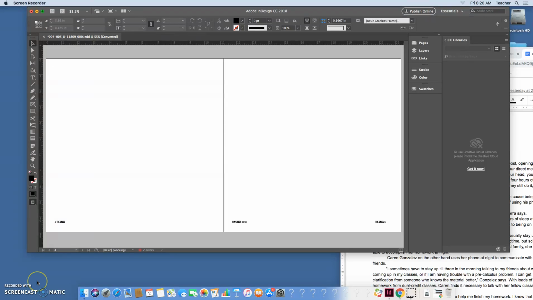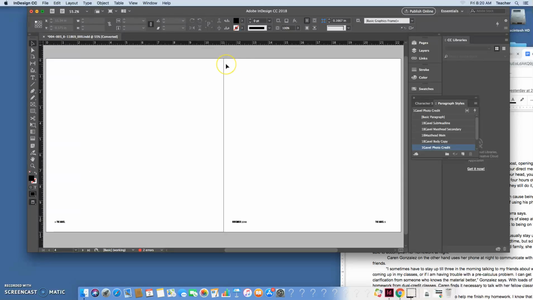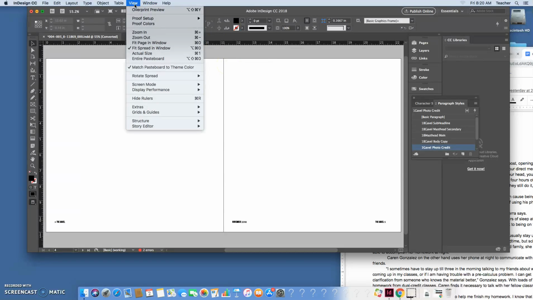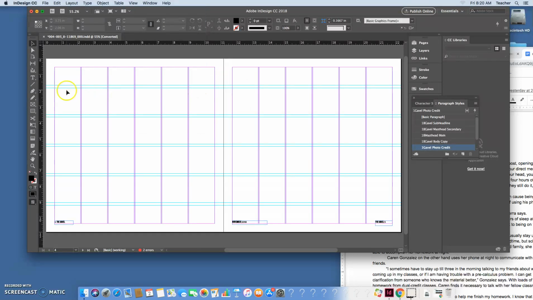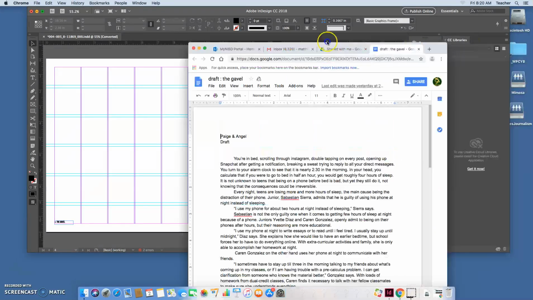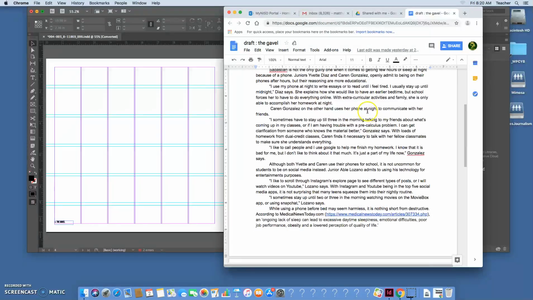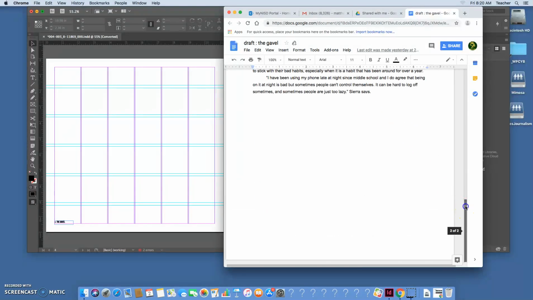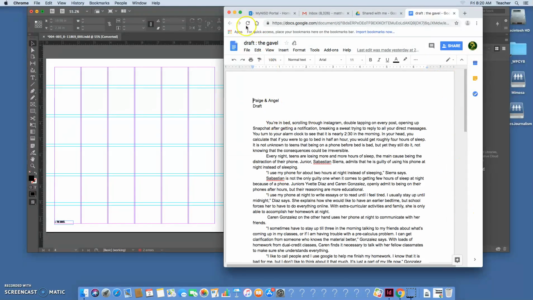Okay, I'm going to show you how to add text to your newspaper pages. So you should have your pages open in Adobe InDesign. And if you don't see column guides, go to View, Screen Mode Normal, and you should see these column guides. You should also have your draft open, your Google Doc with your draft open, because you're going to need that